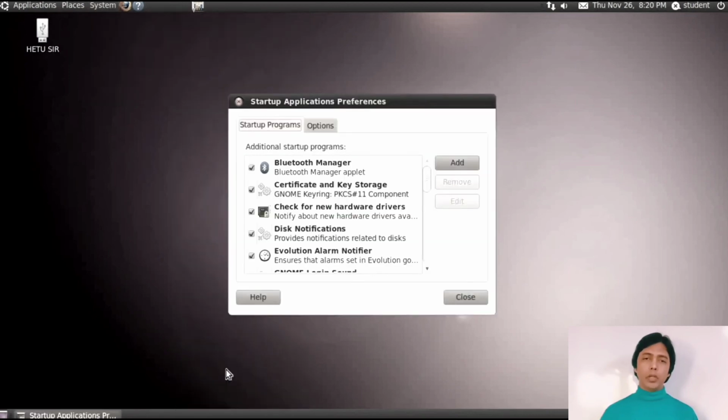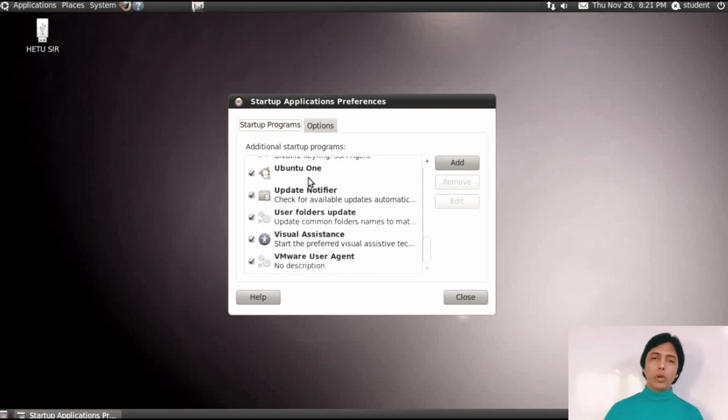So, startup applications controls which applications are automatically started when the computer starts. If you find that your computer takes too long to boot, you may check your startup applications and remove those that you do not want to use. But you need to be careful not to turn off some essential services. Fine. Then the next thing is